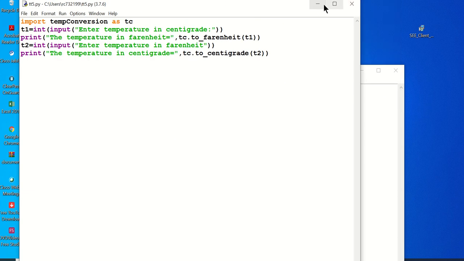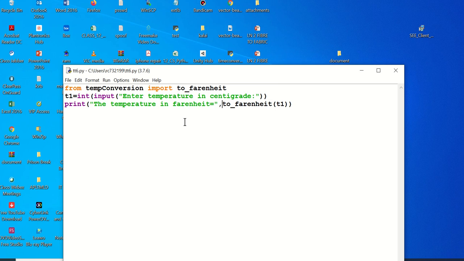This is to import the complete module. The second method is, look at the example here. This is the module where you want to import a specific component. Here I am importing only one function, to Fahrenheit. From temp conversion import to Fahrenheit.